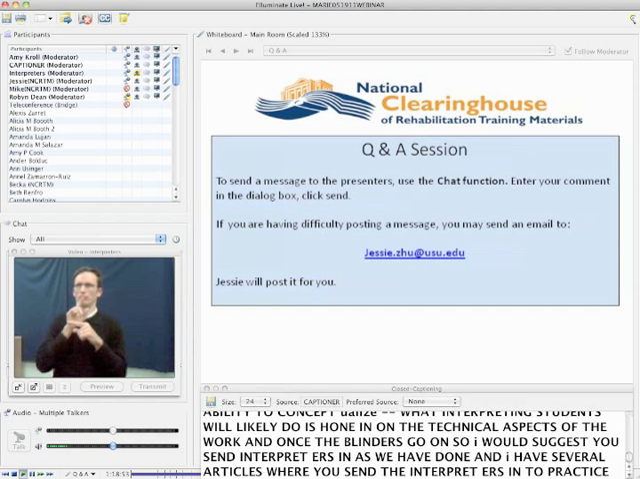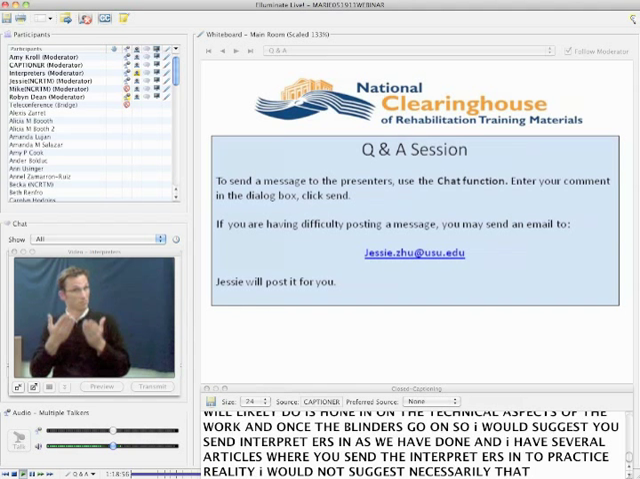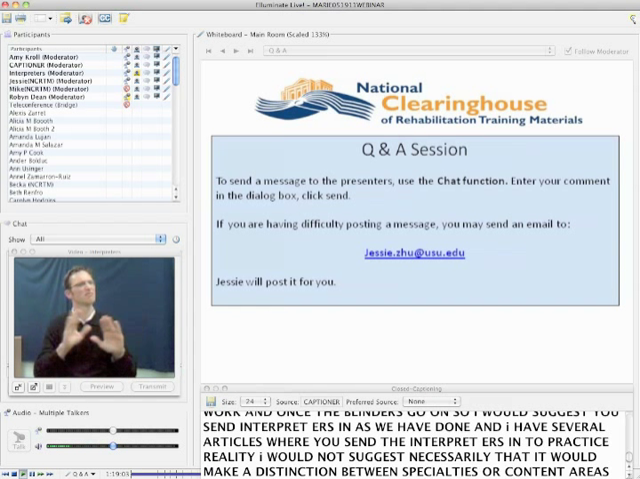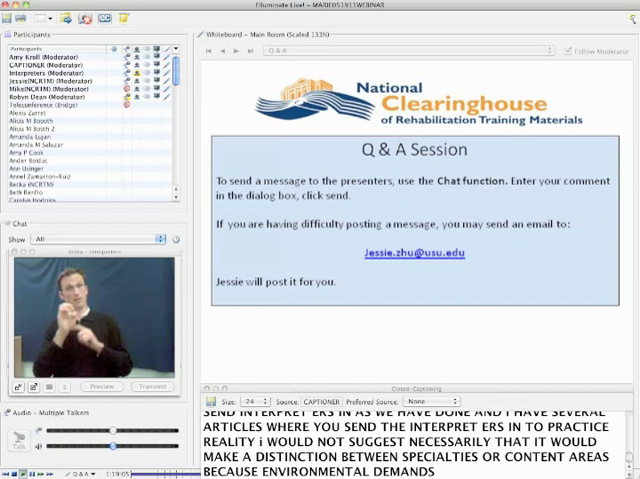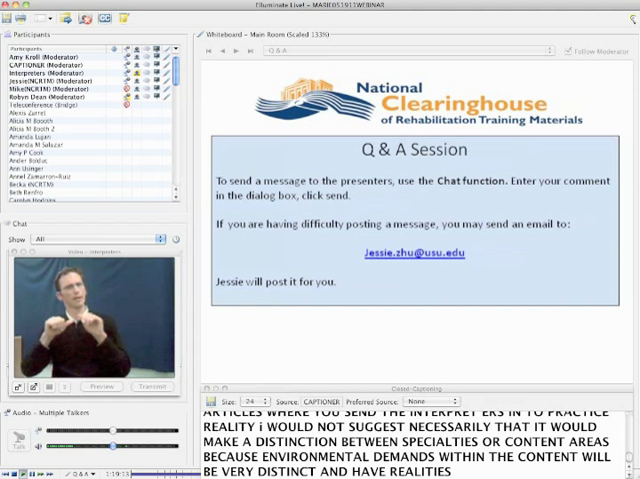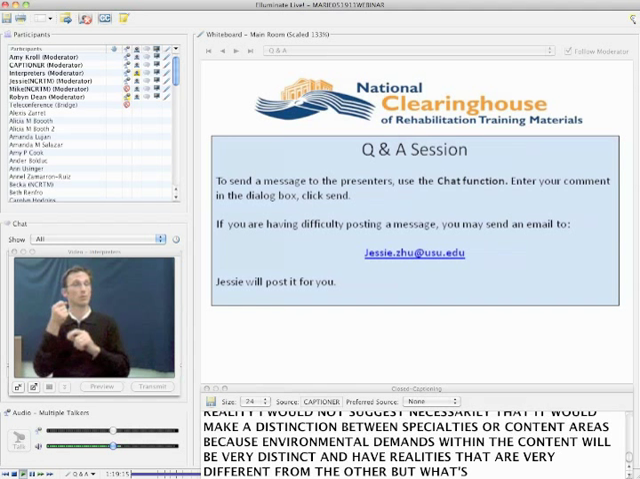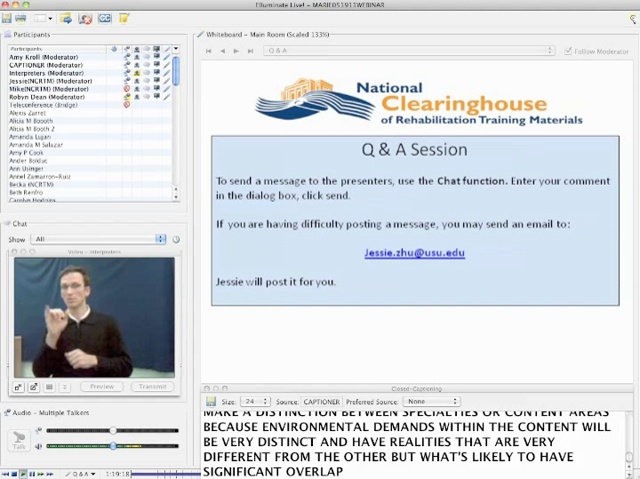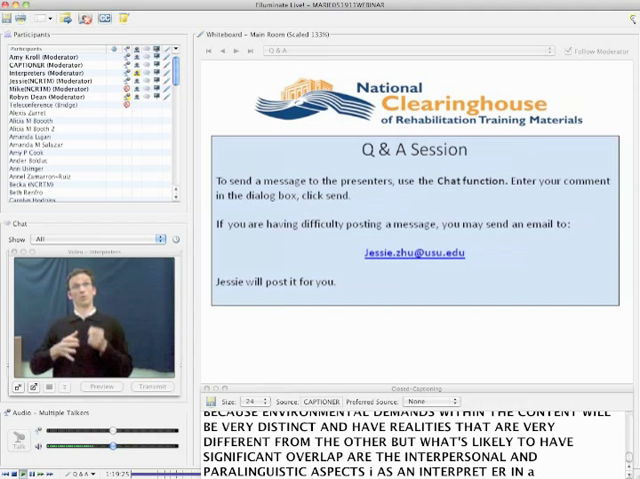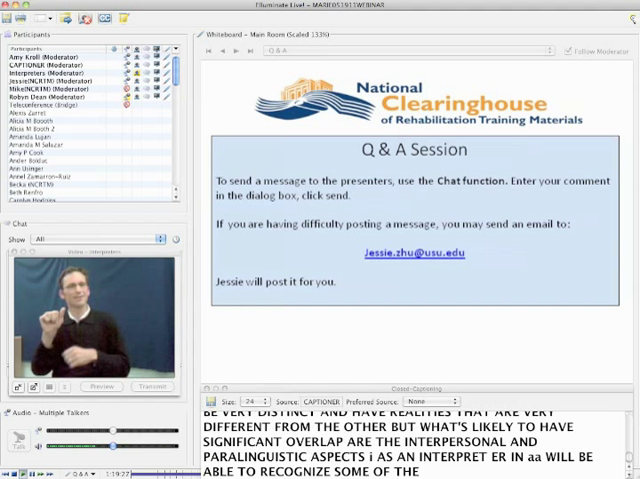I would not suggest necessarily that it would make a distinction between specialities or content areas, because environmental demands within the content will be very distinct and will have realities that are very different one from the other. But what is likely to have significant overlap are the interpersonal and paralinguistic aspects. Is that I, as an interpreter in AA, will be able to recognize some of the similar, and by AA, I'm sorry, I'm referring to